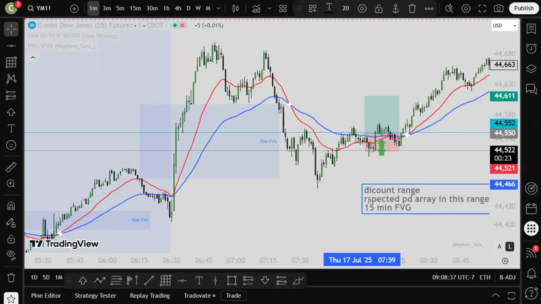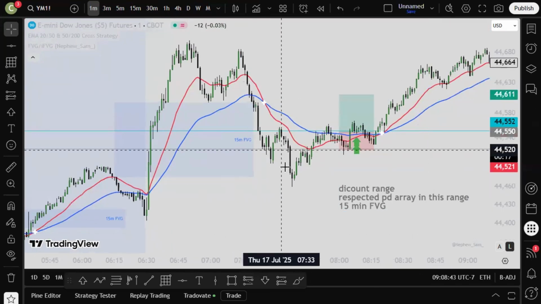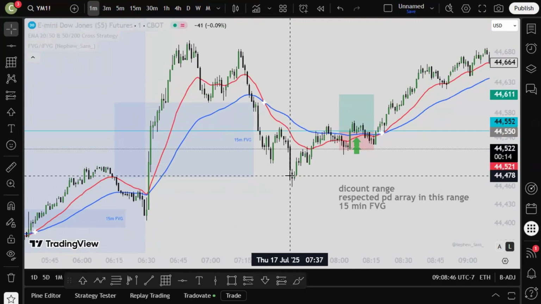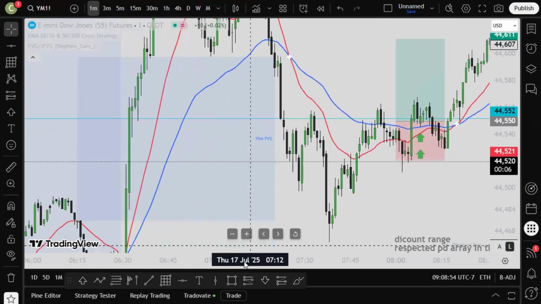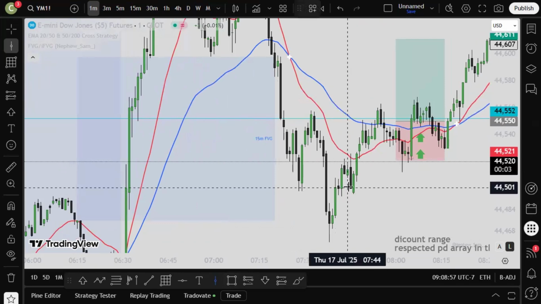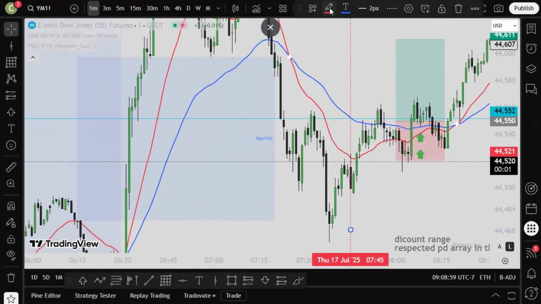Well, apparently I can't spell. Okay, so it came down here and it respected this 15-minute fair value gap. So now we're looking for an entry on the 1 minute. Actually, I'll mark the macro in for you as well because we were in the second AM macro New York